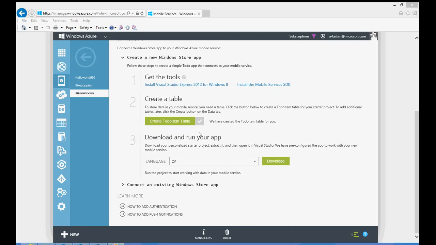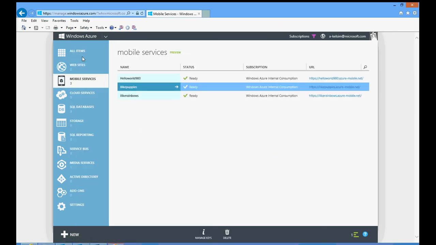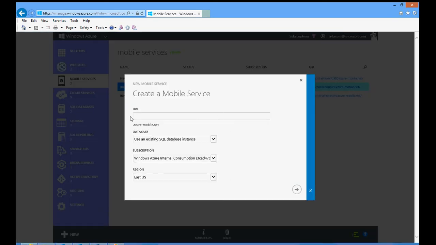Alright, so today what we're going to do is create a mobile application. So all you do is click New, Compute, Mobile Service, and Create. Now you just pick a URL you like, so